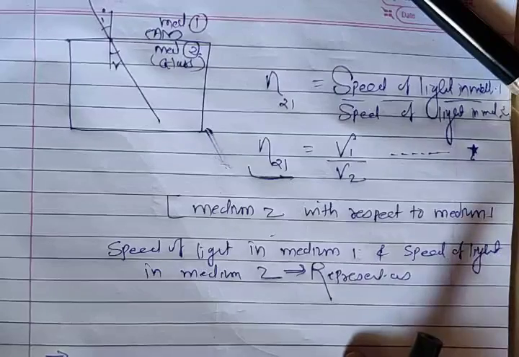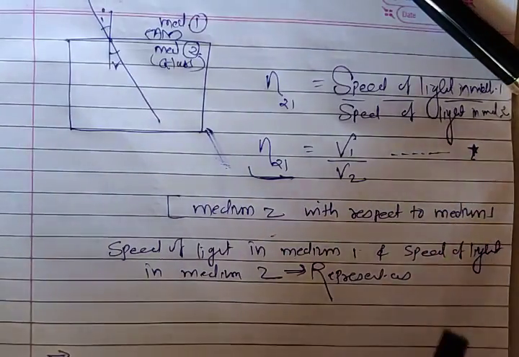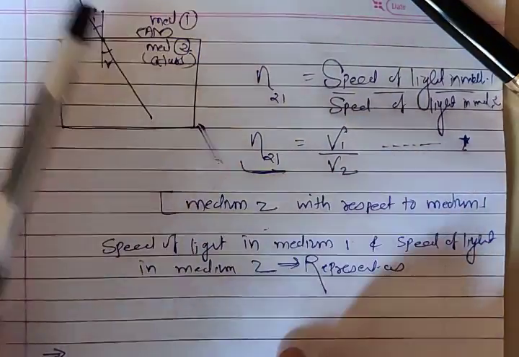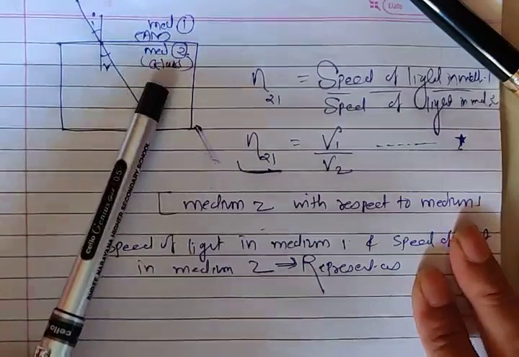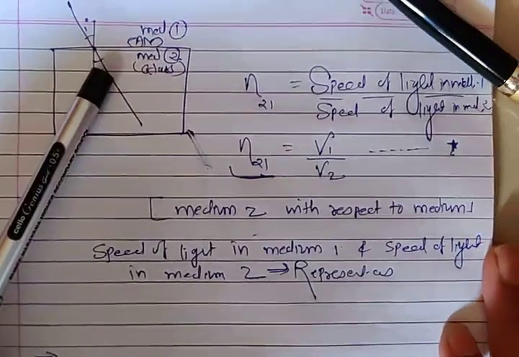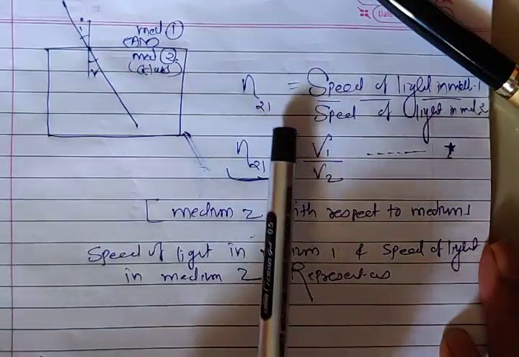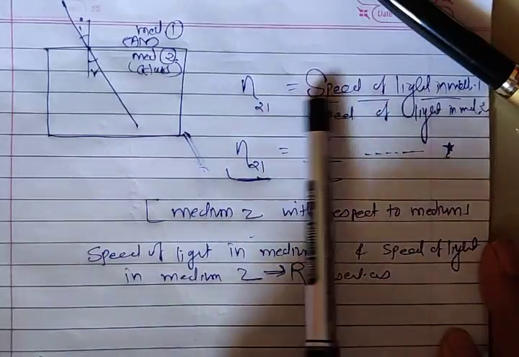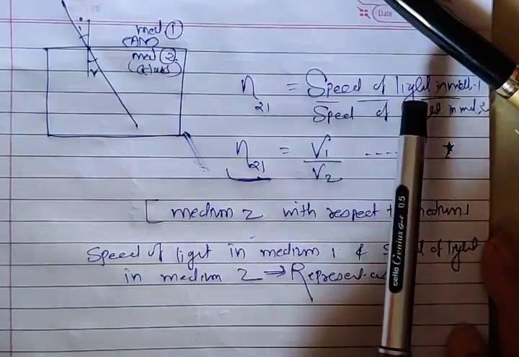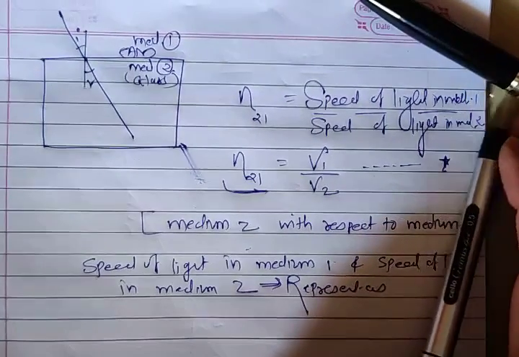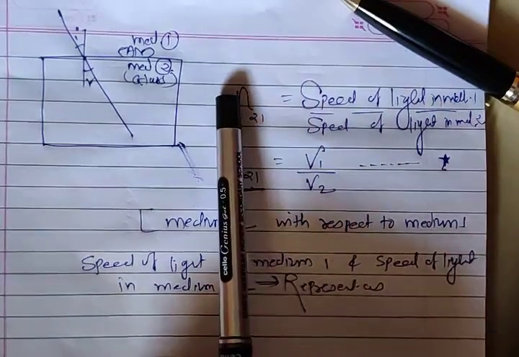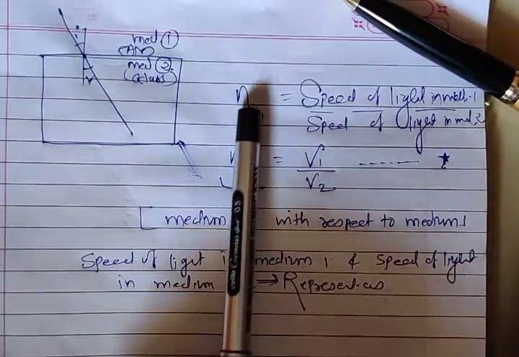Now let us understand the refractive index. Here, if you take a transparent medium going from one to the other, medium 1 is air and medium 2 is glass. ये हो गया angle of incidence, angle of refraction. So I will write n 2 to 1. यहाँ पे ध्यान से देखिए. तो speed of light जो पीछे का नंबर है, it has been written in the numerator. So speed of light in medium 1, speed of light in medium 2. So this symbol which has been given is called eta.